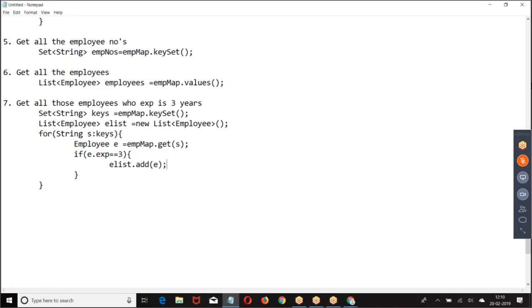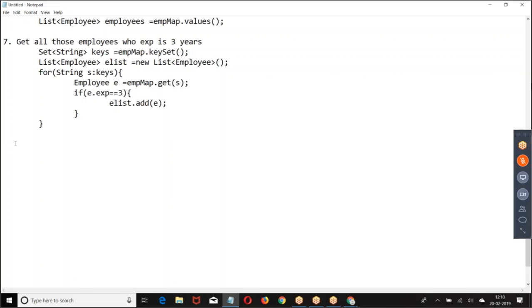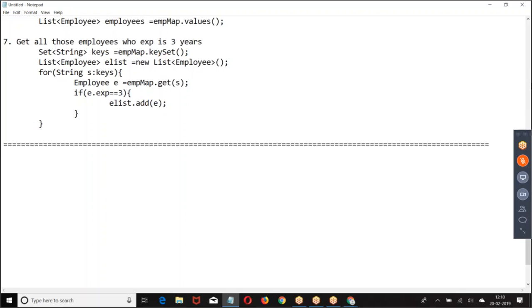Okay. Now, let us take the last example. Now, look at the requirement. Create a map. First, listen to the requirement. Create a map with city name as a key and their corresponding places. So I have city names.